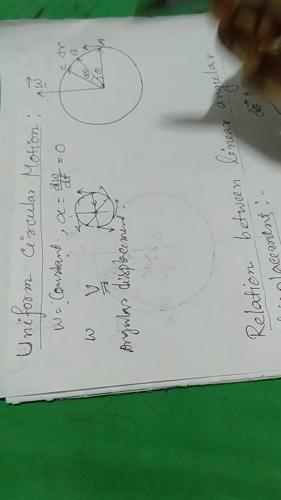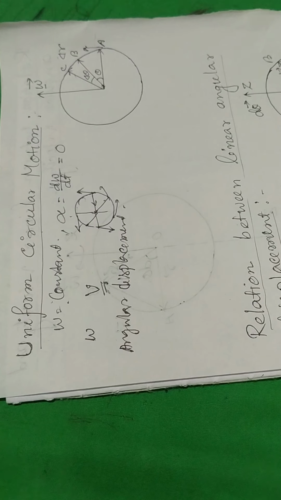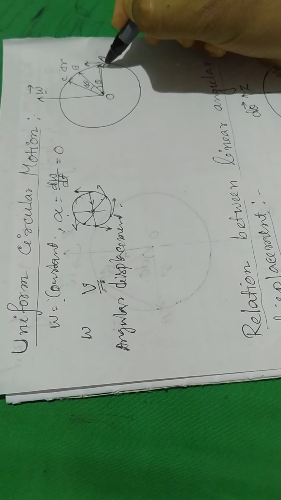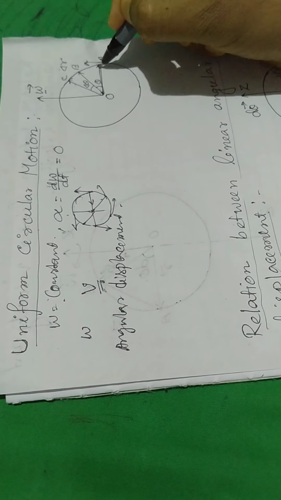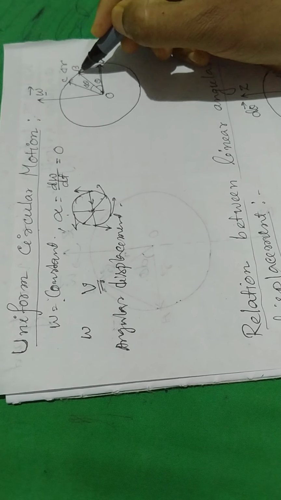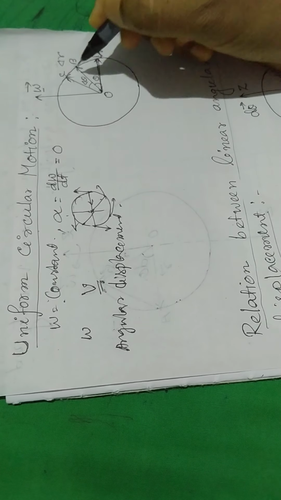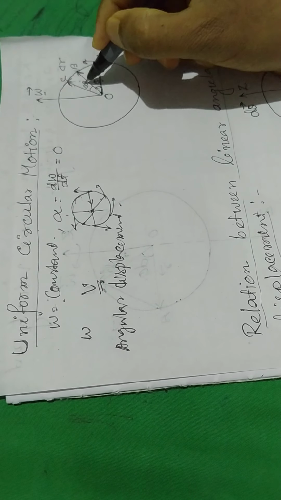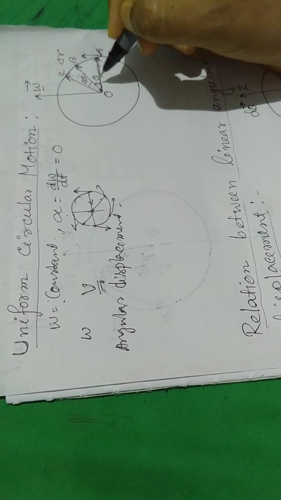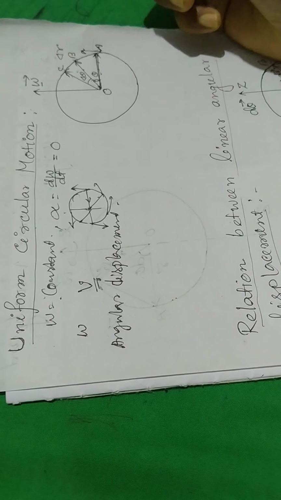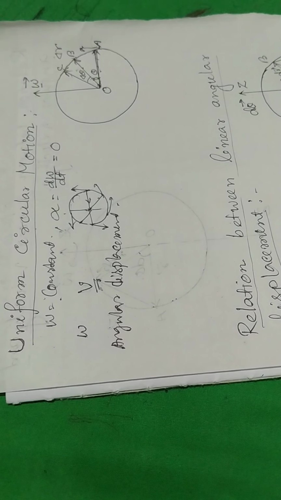What is angular displacement? It is defined as the angle through which its position vector shifts in a given interval of time. So here, this is the position vector. At any time the particle is at point A, then it reaches point B, or B to C, and the position vector shifts. While the position vector jumps from one position to another, it makes an angle that is called angular displacement. Here theta is the angular displacement, and del theta is the small angular displacement.